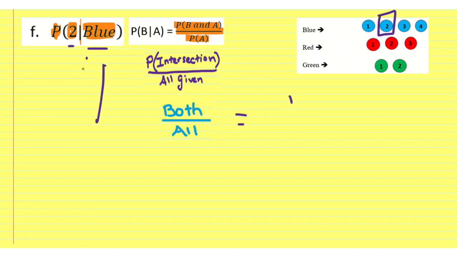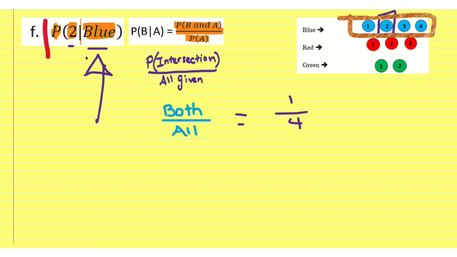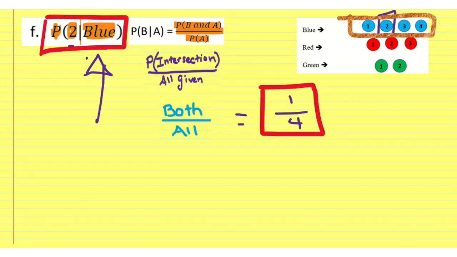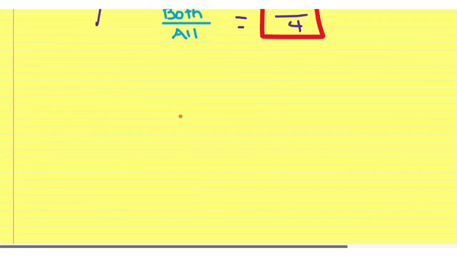So all of the given is all of the blue. So how many blues do I have? Well, let's see. I have 1, 2, 3, 4 blues. So that means that my denominator is going to be 4, and that is the probability. The probability that I am going to draw a marble with a 2 on it that also happens to already be blue is going to be 1 out of 4. Okay. Our next one